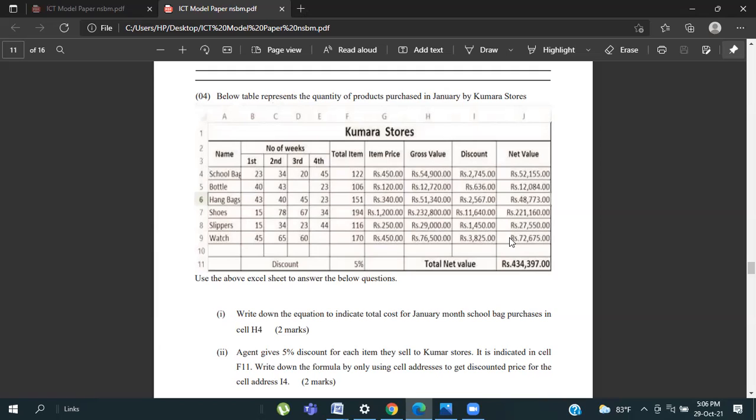Right. So the equation is F4 multiplied by G4. F4 එක G4 වලින් multiply කරාම H4 එකේ answer එක එනවා gross value එක. Second one,